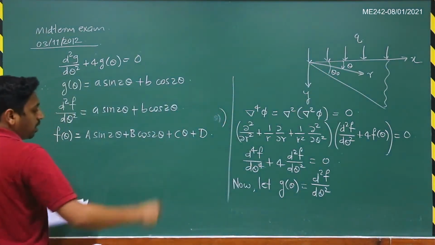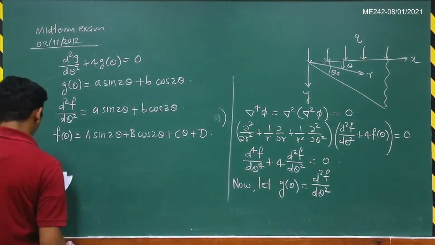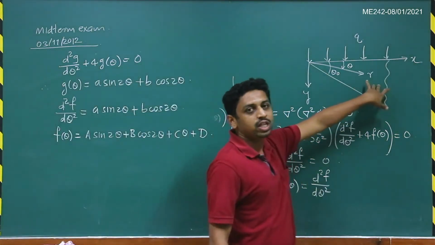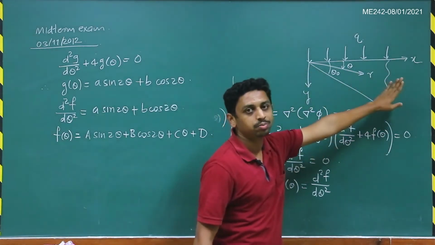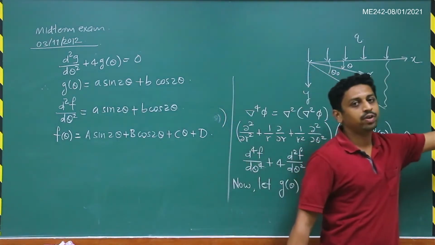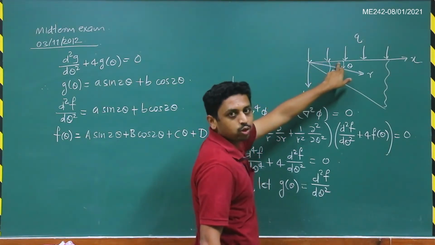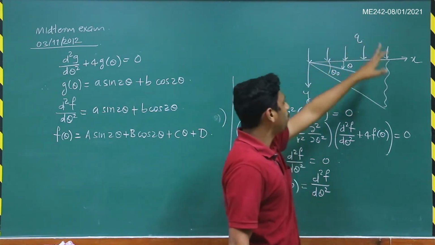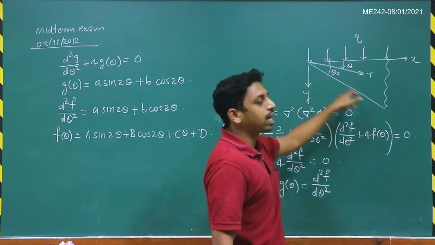So let's find the equations which will be used for solving these constants. Now we have two faces. This body is actually a semi-infinite body, so we don't have any surface at some r equal to r naught or something like that. Basically we have two surfaces. One is the theta equal to 0 surface, on which we have a uniform pressure load equal to q, and another surface, theta equals theta naught, which is traction free.